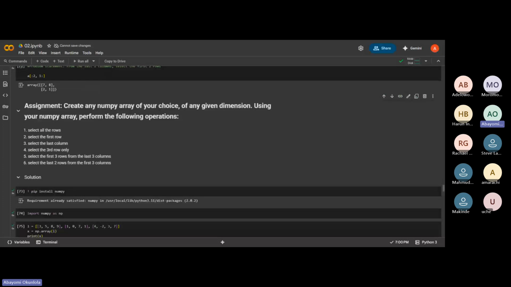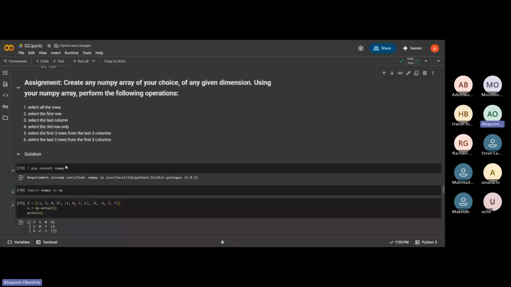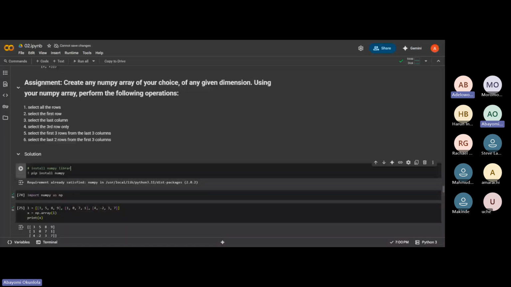So select all rows. The first thing you need to do is install your library. So you install your NumPy library. After you've confirmed that the library has been installed,